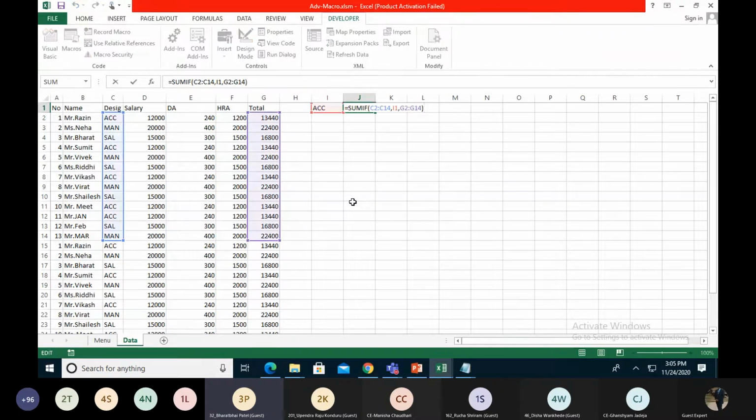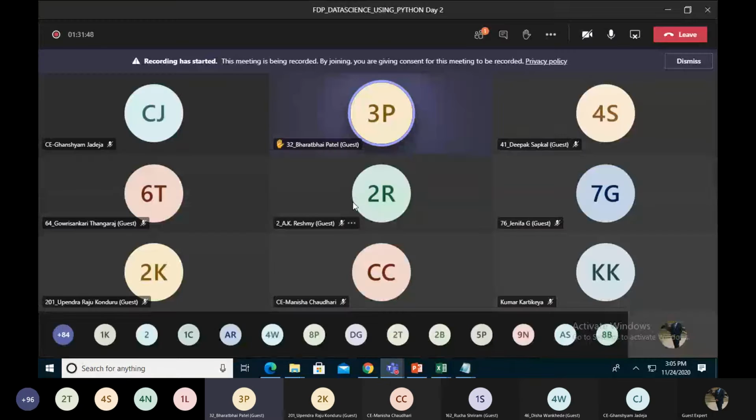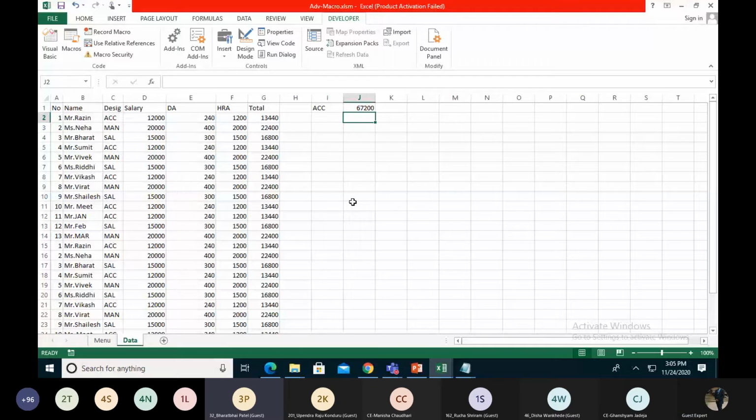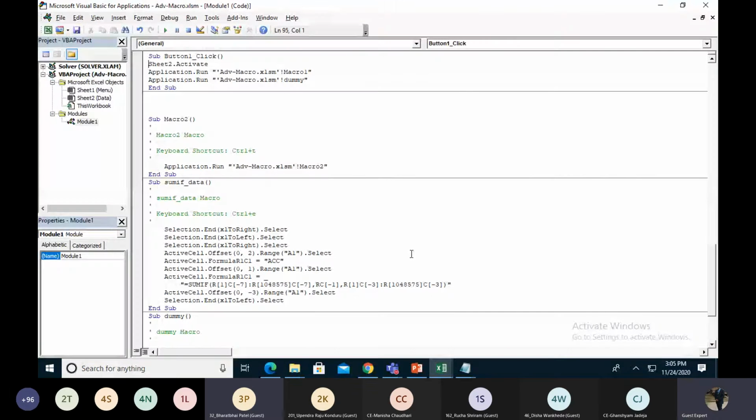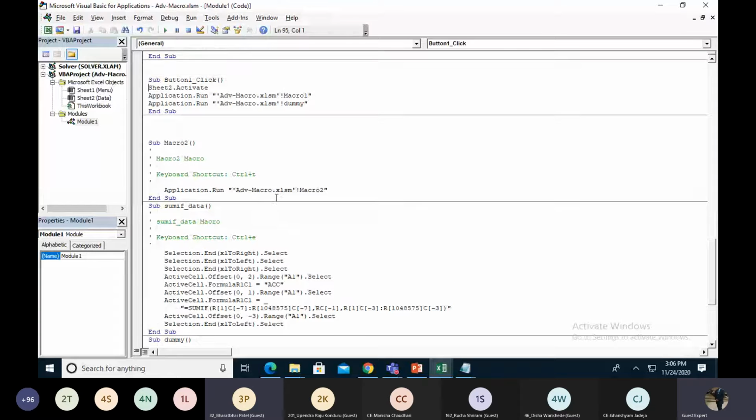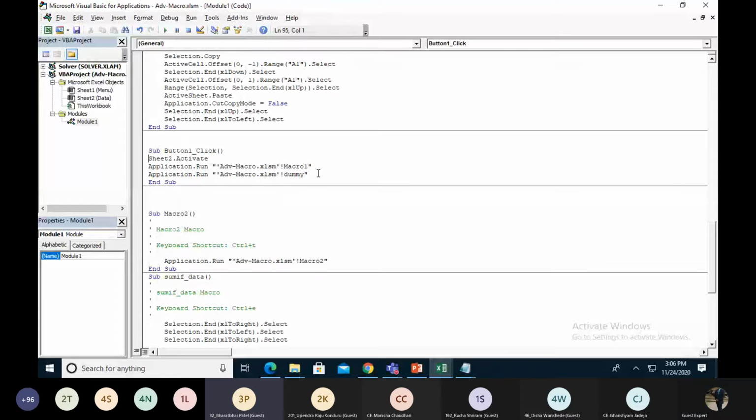Another question: in your macro, when you are calling the macro, you have written Application underscore something, right? Technically, it's a procedure you are calling in Visual Basic for Applications. We can also call it using Call. Within a macro you are calling another procedure, so in the same way you can call the procedure.